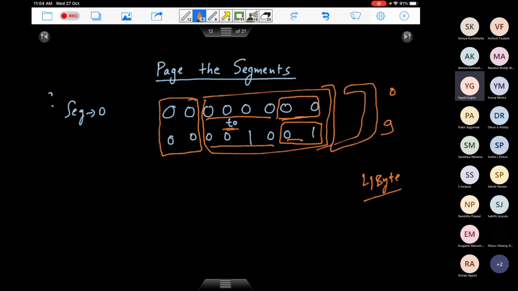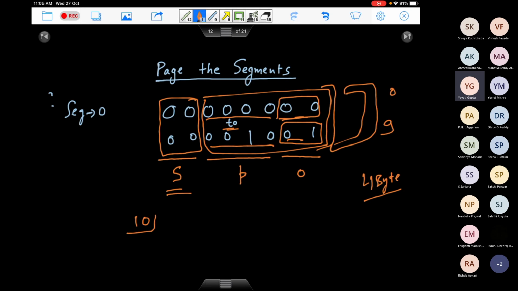In this particular case, it's quite clear now that the first 2 bits tell us the segment number. The next 4 bits tell us the page number corresponding to that particular segment. And the last 2 bits tell you the offset. So this is the segment number, this is the page number, this is the offset. Now, whenever a virtual address is given to you, how will you translate it into a physical address? Look at the first 2 bits of the virtual address. That will tell you which segment it is. Let's say the first 2 bits are 10. So it tells you it is segment number 2.